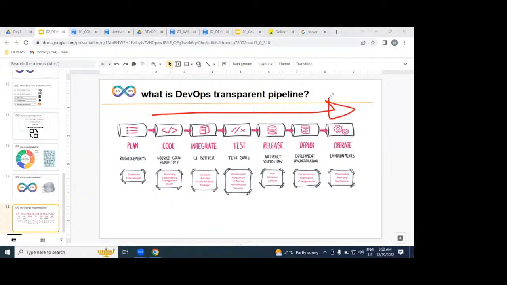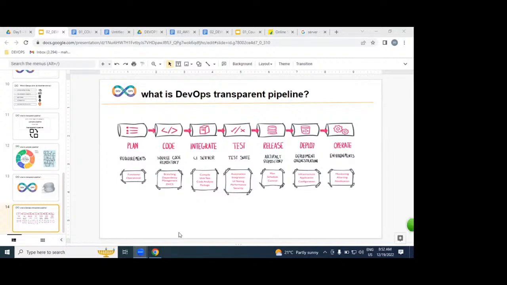While implementing this transparent pipeline, make sure you deliver within the shortest time, with high quality, with low cost. This is exactly the DevOps process. I hope you understand what this DevOps process is.